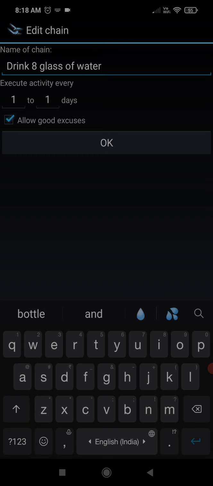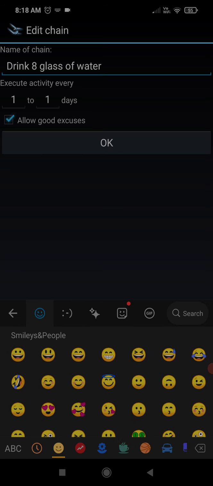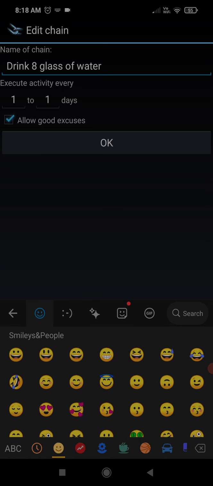I'll just type in glass to see if there is a glass emoji. Not the gifs, the normal emojis. These are the frequently used emojis that are there. Let me see if I can get water or glass.